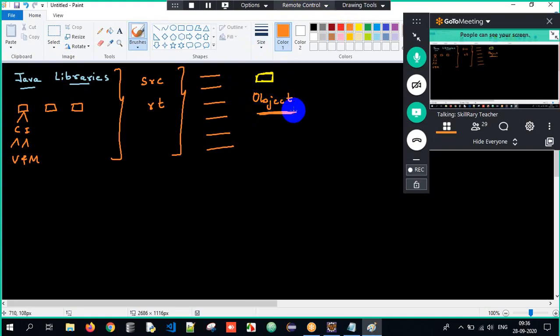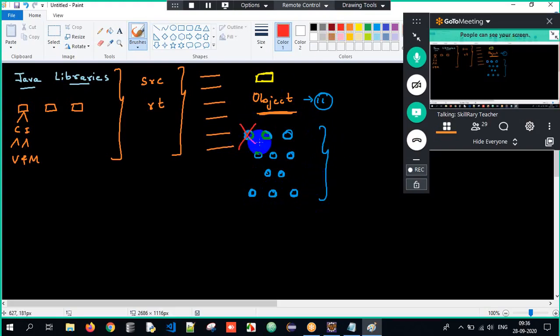But what is the speciality of the Object class then? Object is the supermost class in Java. Every class will have Object as the superclass, so Object is inherited by every class. This Object class has 11 methods. What were those? toString method, hashCode method, equals method, wait, notify, notifyAll, finalize, clone method, getClass method. So totally 11 methods you are supposed to remember.